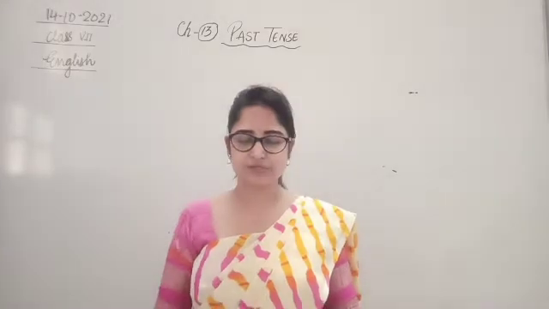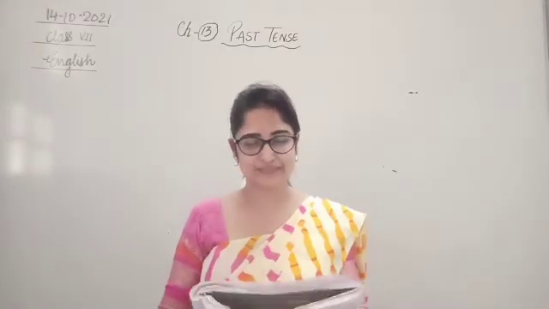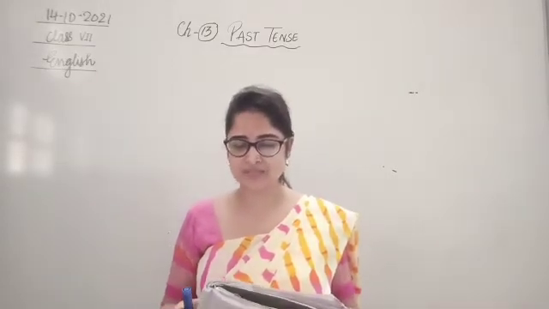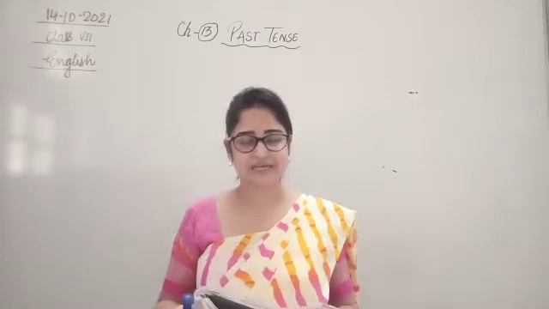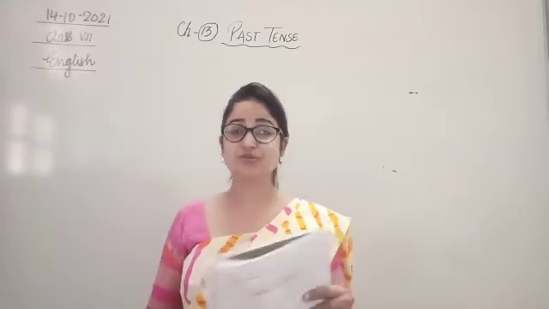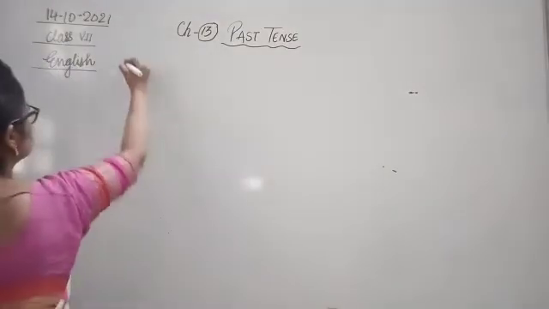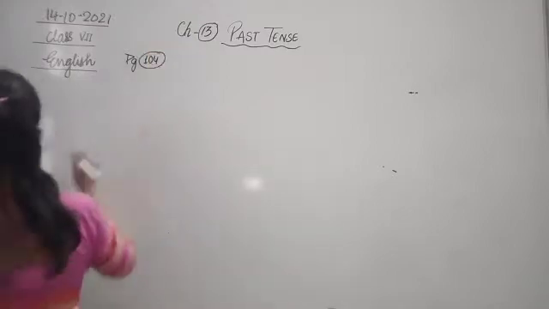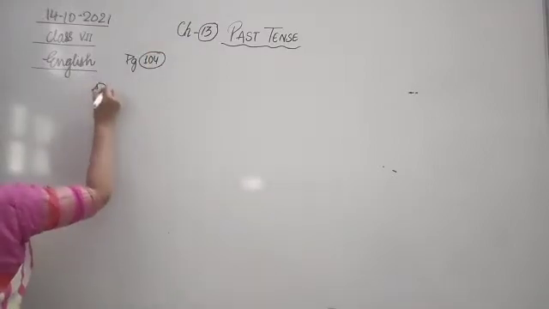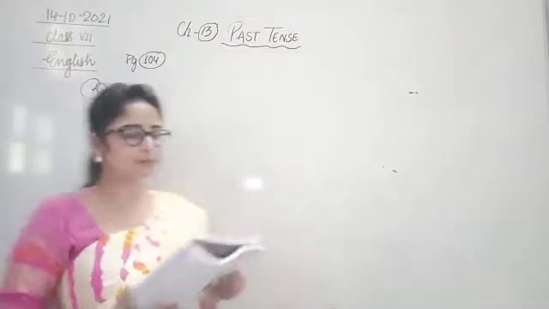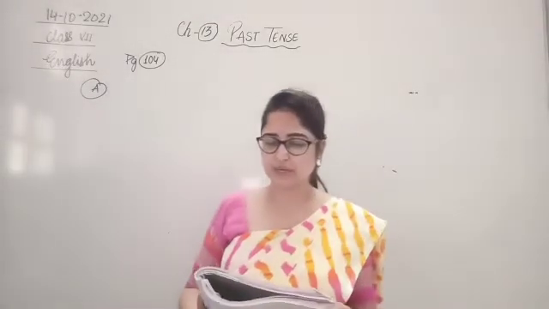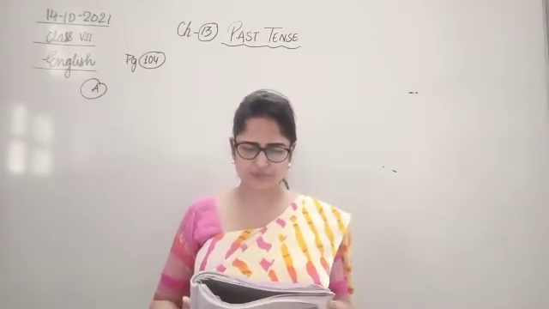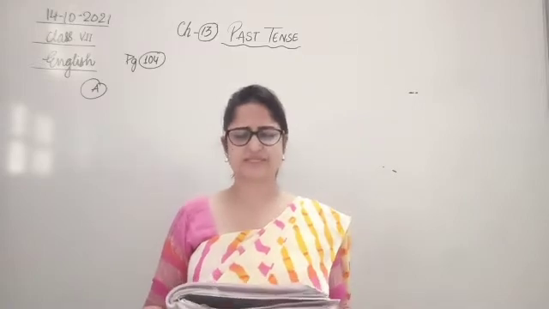Now we can continue with the first exercise for the day, that is exercise A. Fill in the blanks with appropriate forms of verbs in the simple past, past continuous or past perfect tense. Children, this exercise is on page number 104. Exercise A. Number 1, she dash excited about the vacation while she was telling me all her plans. I think children we had finished this, right? Yes, I think we had finished exercise A.